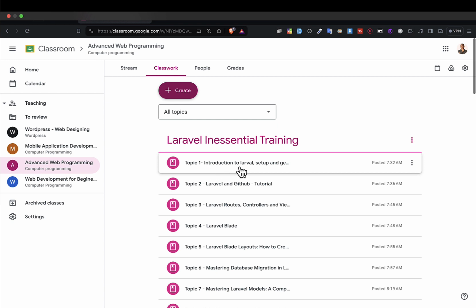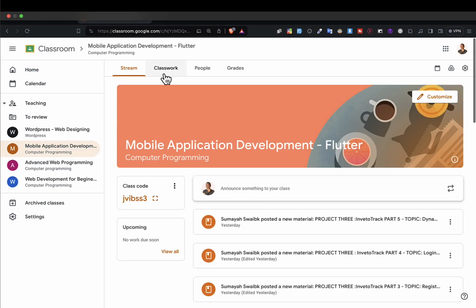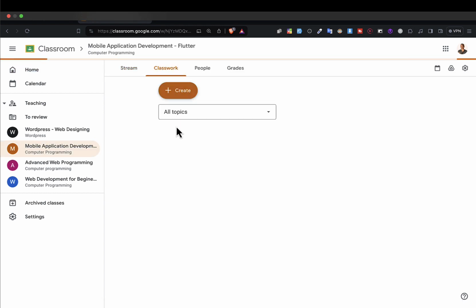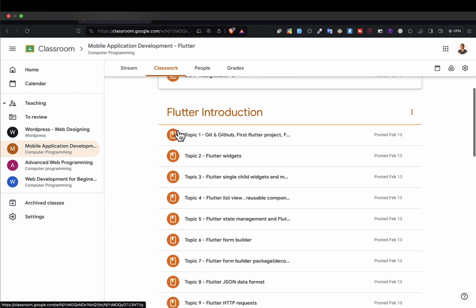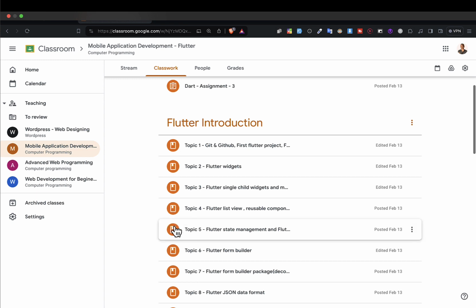The first thing, when you receive an email and accept the Google Classroom link invitation, you'll be able to see the classes that I've added you to. So you'll see an interface like this. You come to your class, for example this one, and then you click on what? On classwork. In classwork, you'll be able to see all the classwork that you have, and the assignments that we'll be adding. We have not added an assignment yet, but I'll show you the assignments that I'll add there.